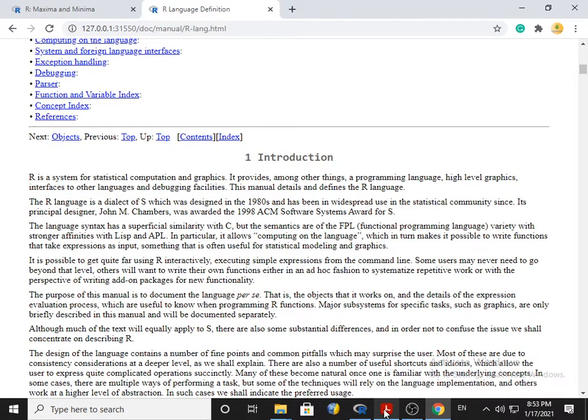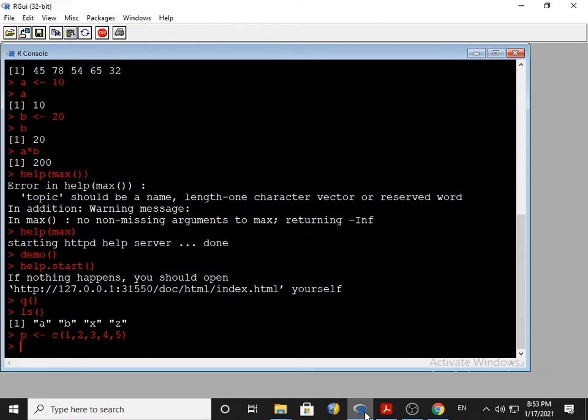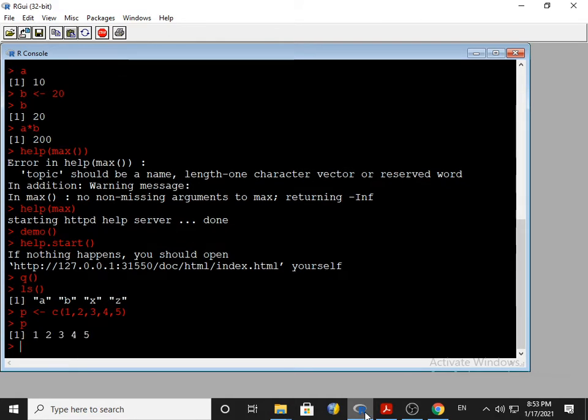For example, if I create the variable p, and then I write c, meaning list, 1, 2, 3, 4, 5, and now if I say show me the value of p, it will show all 5 values.